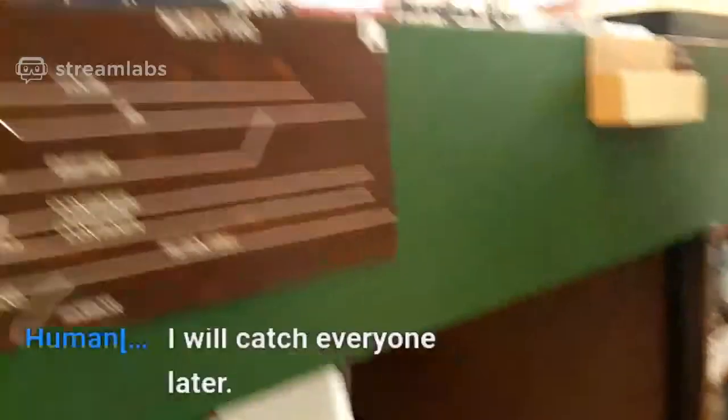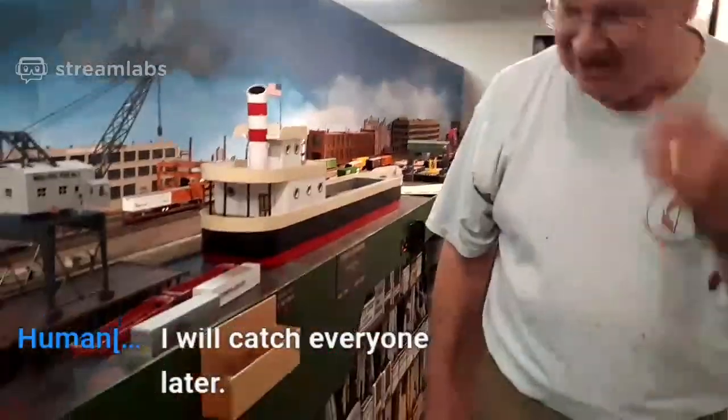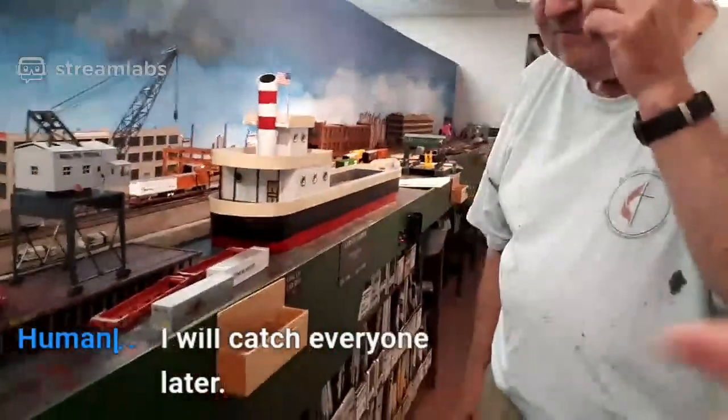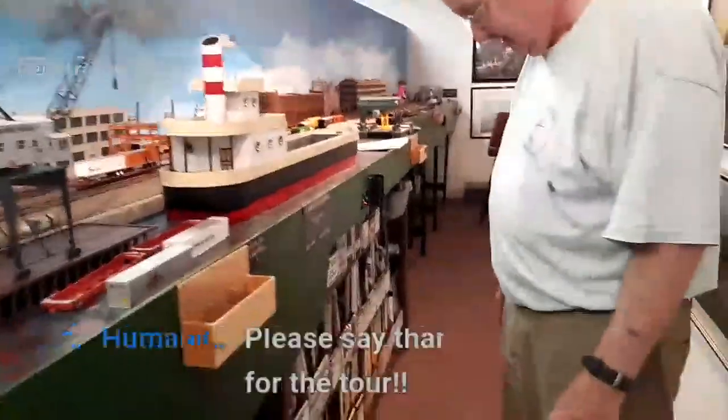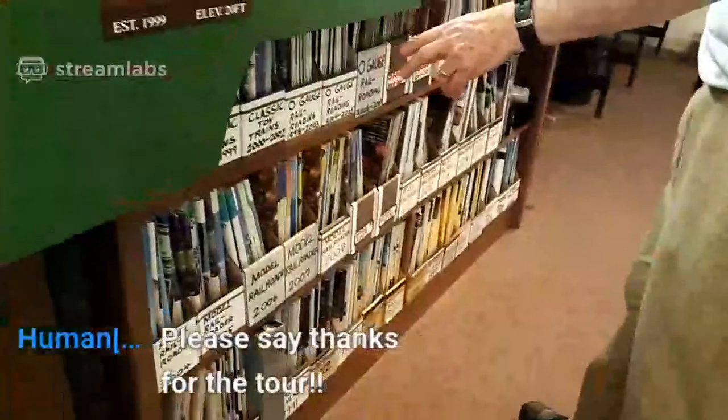So it's just a little causeway for the kids. And I have some bigger kids that come in here and play around, you know. So it's just a lot of fun. Want to show them what you got right here? Oh yeah, the bookcase, and it covers all the way from